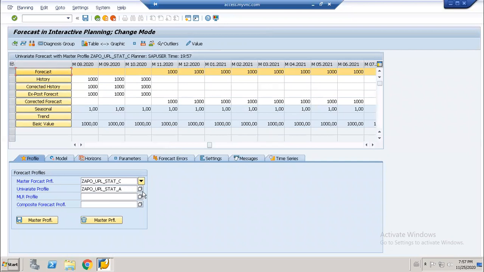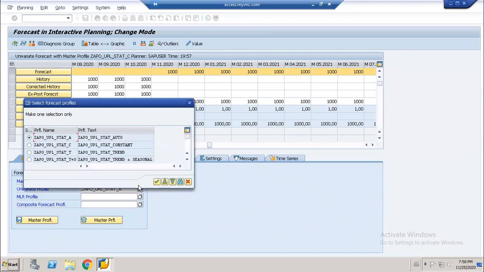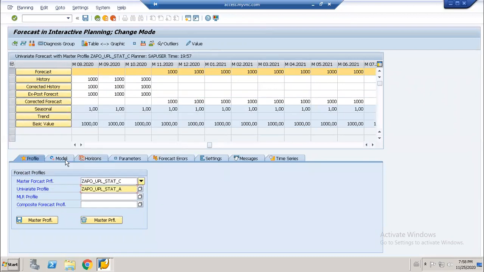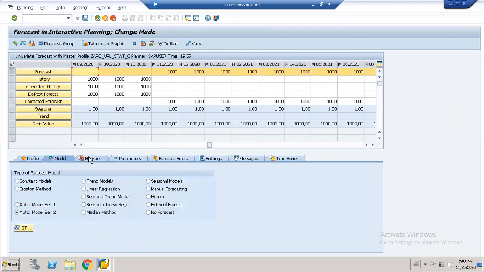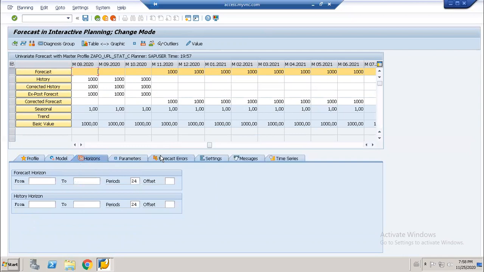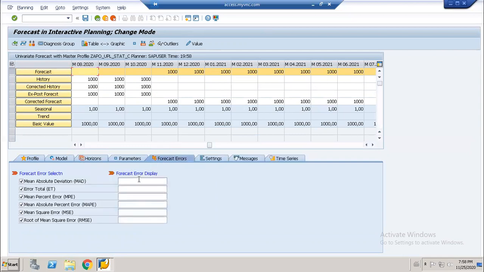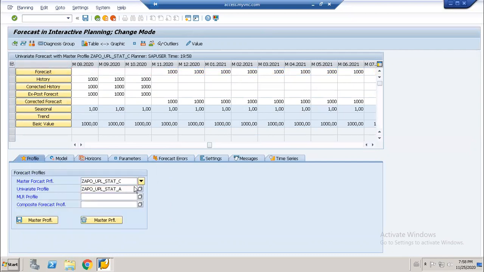Here I can change the profiles also. See, if I select the auto model, I don't want that, I want some other model. We can select it here. If I select some other model,